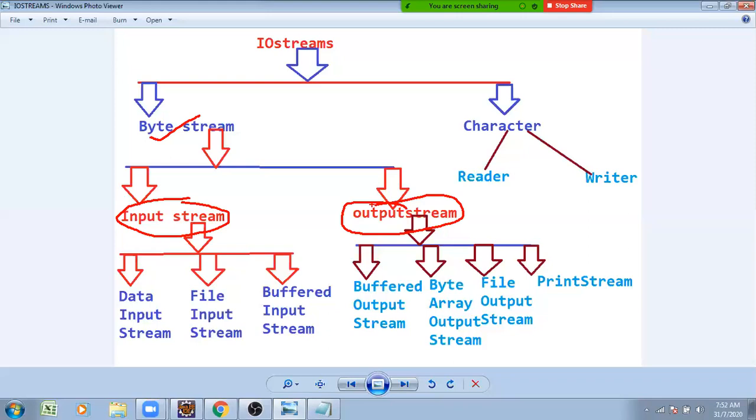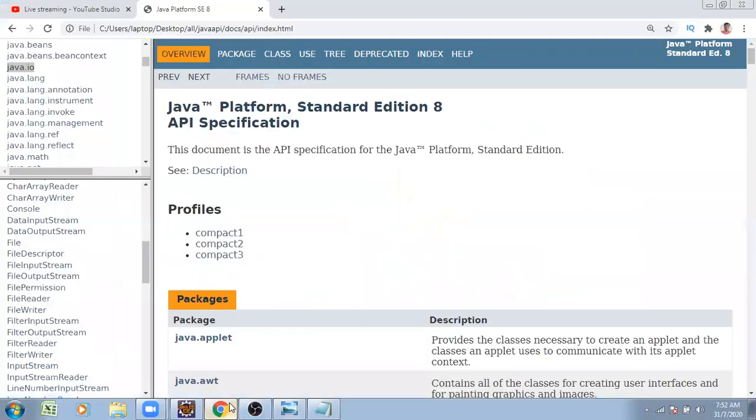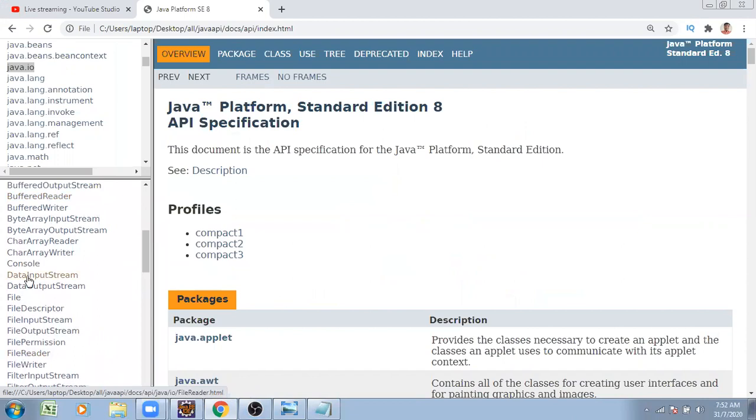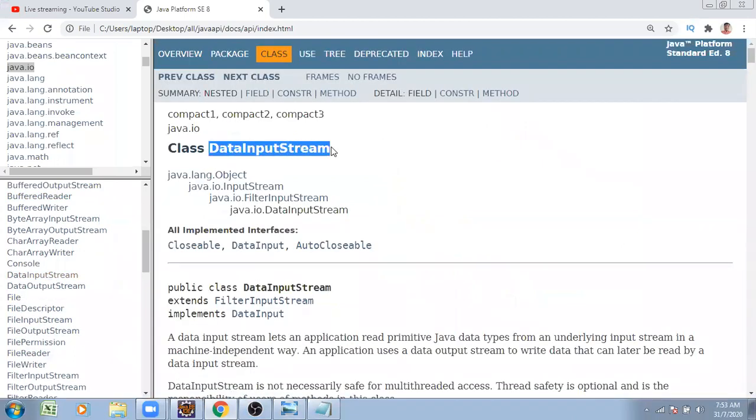Now we want to concentrate on how to take the byte stream data in binary format. DataInputStream is there, FileInputStream is there. So we can take the data through the keyboard, we can take the data from a file, and we can take the data from buffer storage, nothing but temporary storage. Now I want to concentrate on how to apply DataInputStream to take the data continuously through the keyboard. For that we use input streams. DataInputStream is one class, can you find the class name? DataInputStream class.